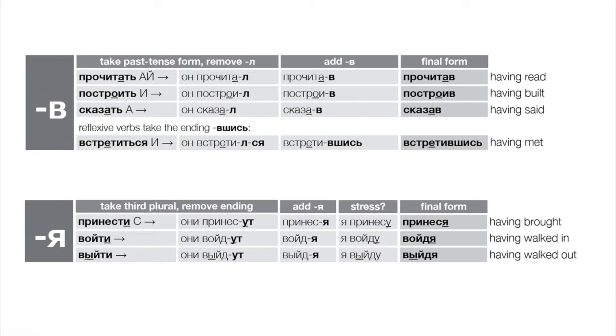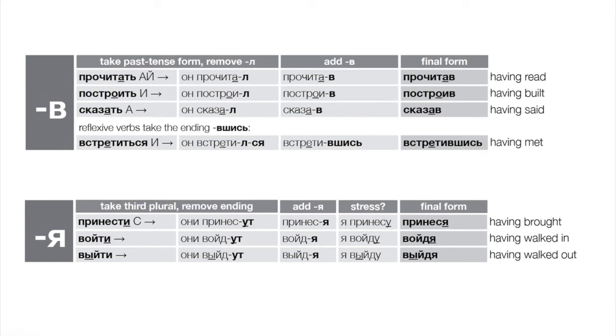Okay, so what about some forms that are somewhat exceptional? Let's take verbs like принести. What if we took that verb and we followed the steps we just learned, starting with the past tense? Well, принес would be our masculine past tense, which doesn't have an L. So it's pretty obvious if you go through the steps that we can't apply those same rules.